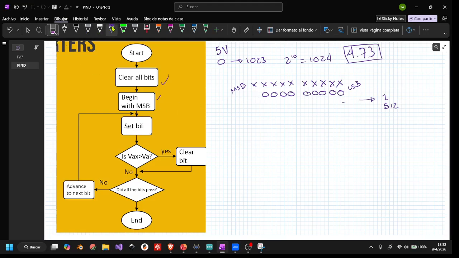Set a bit means change it to 1. Reset it, or clear it, means send it to 0. I will start like that. Then it's asking me, is the voltage generated greater than the one that you want to measure? To calculate Vx, it equals the number I generate, which is this number,